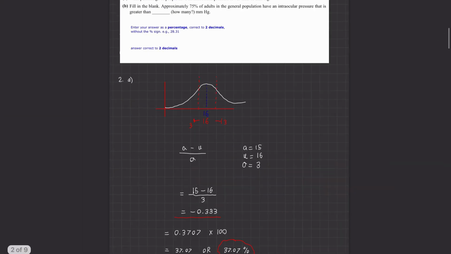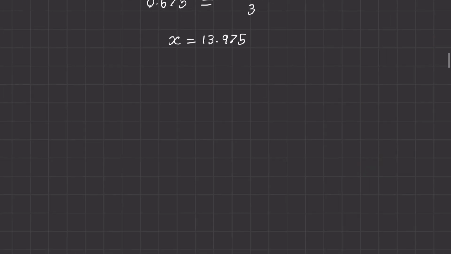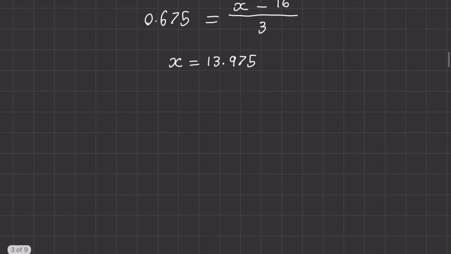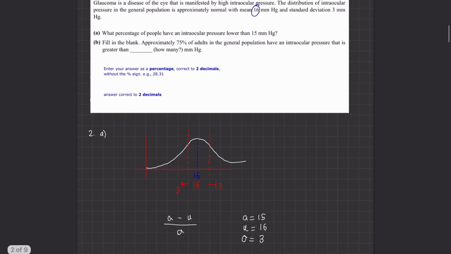Now, our question asks for our answer correct to 2 decimals, so we can round this value. X is equal to 13.98, as this answer just means that in the graph above, 75% of adults